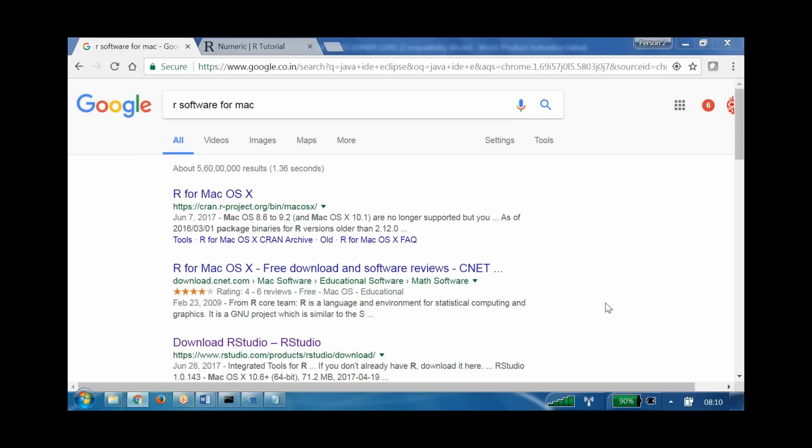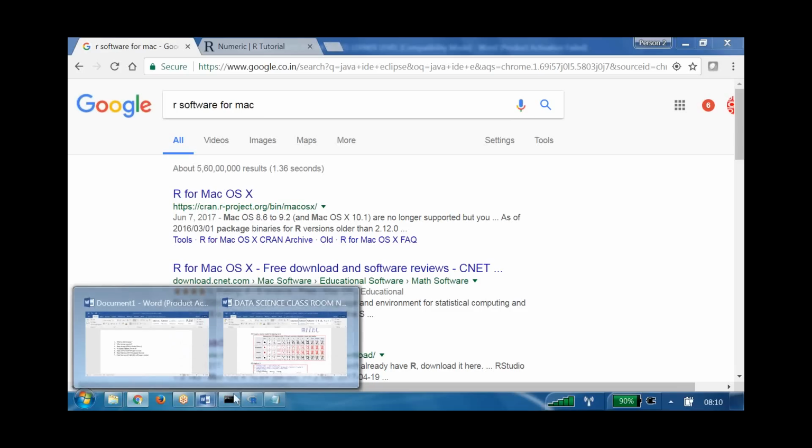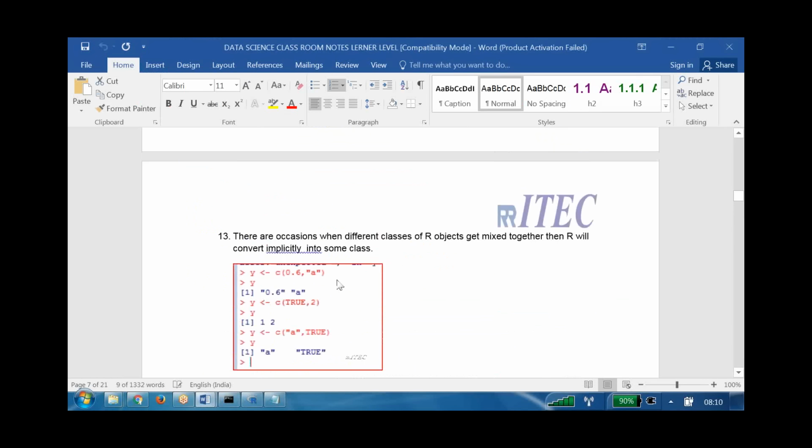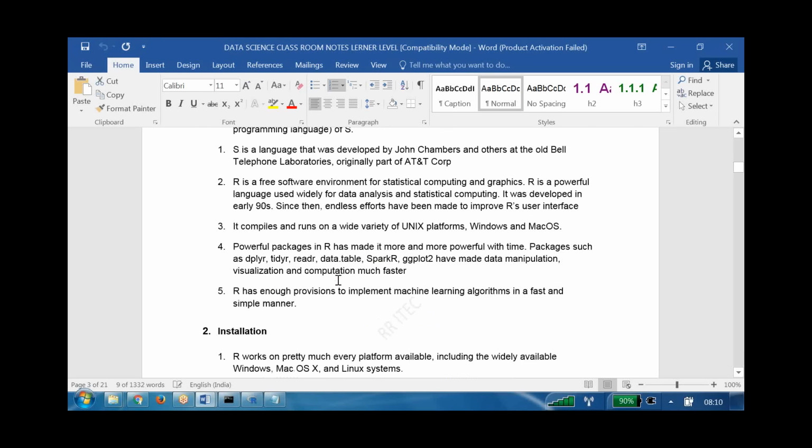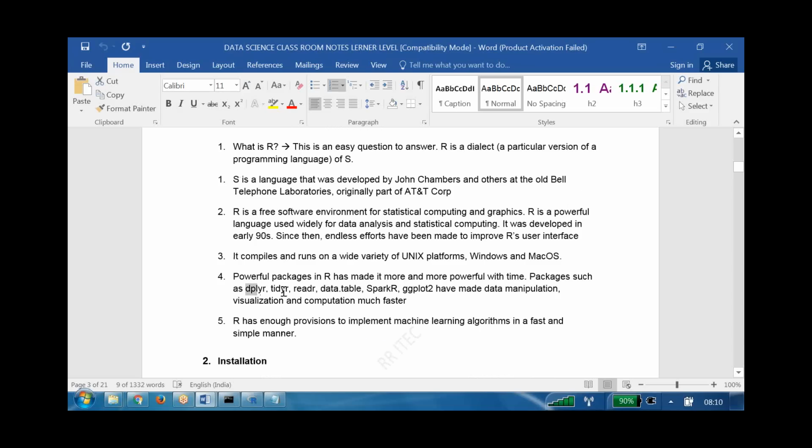How can we integrate with machine learning? That time will come, sir. I discussed some packages in the beginning of this class. One of the packages available is a machine learning package, and with that I am going to integrate it.